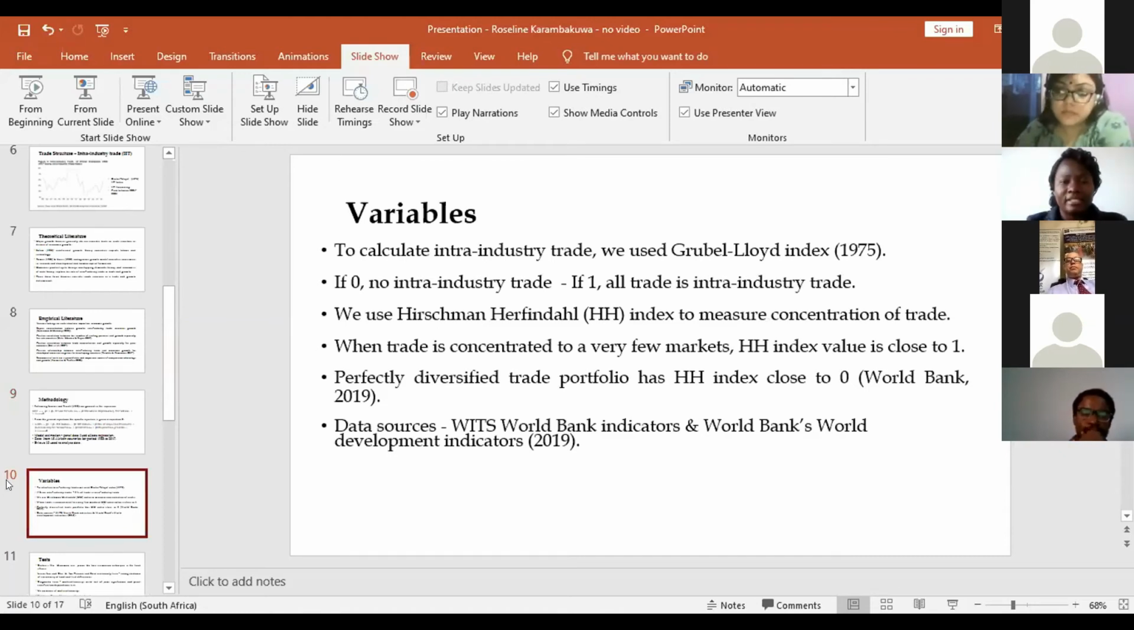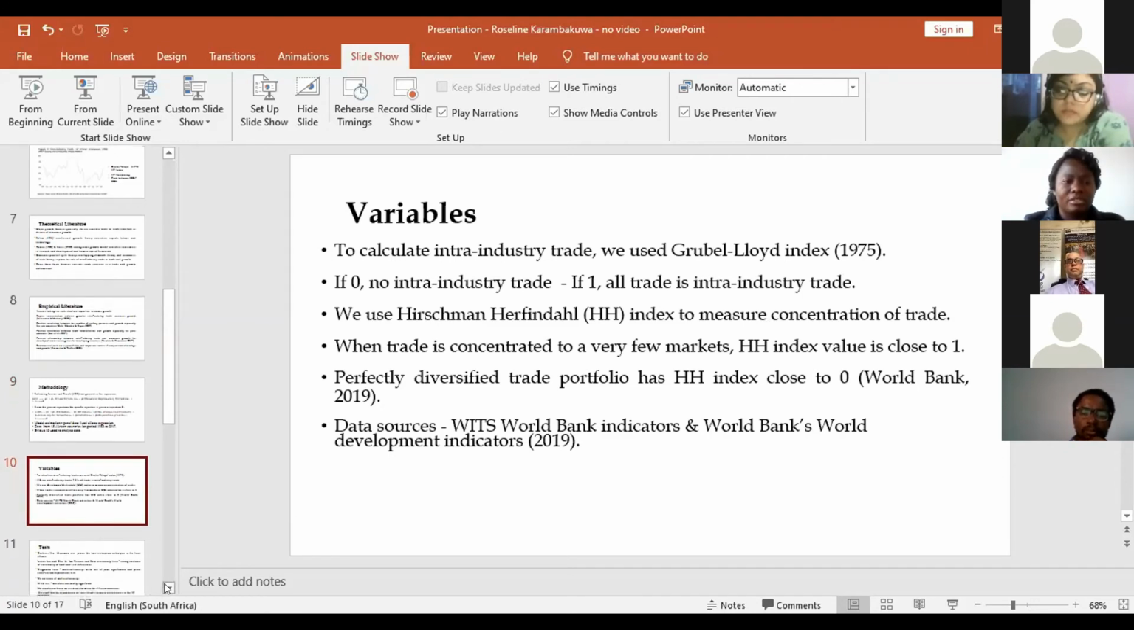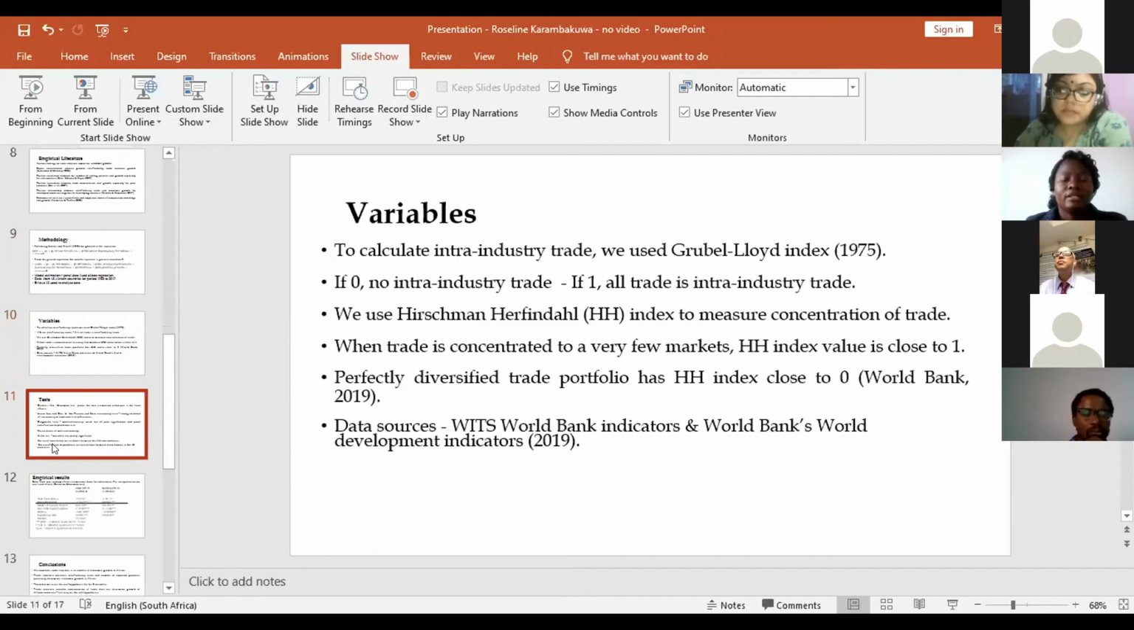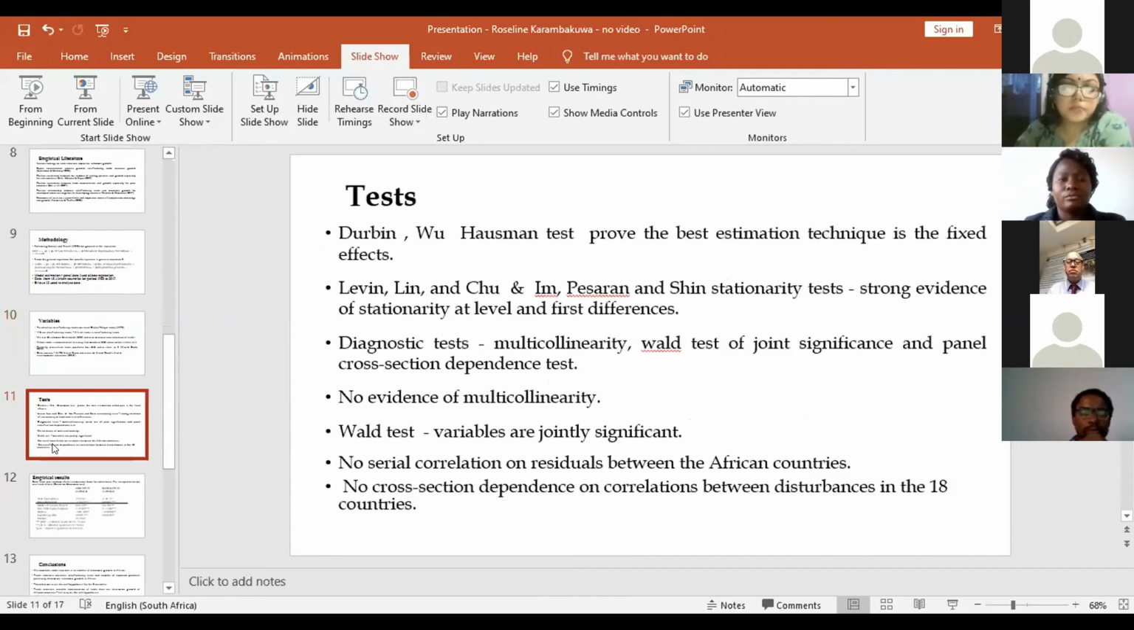In terms of our data, we use the World Bank sources to obtain our data. We also carried out some tests on our data. For example, the Hausman test to prove that the fixed effects is the best estimation technique. We also checked for unit root using 2 different stationarity tests, and then we also did diagnostic tests to check for multicollinearity and joint significance, and also cross-section dependence. So we found that there's no evidence of multicollinearity, and that variables are jointly significant, and there's no serial correlation